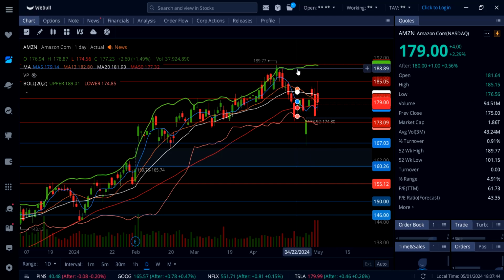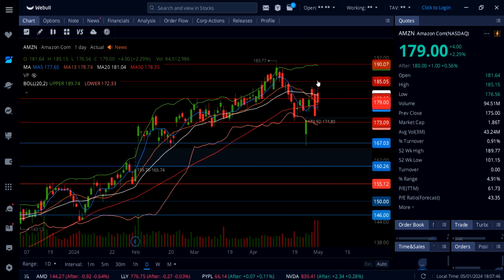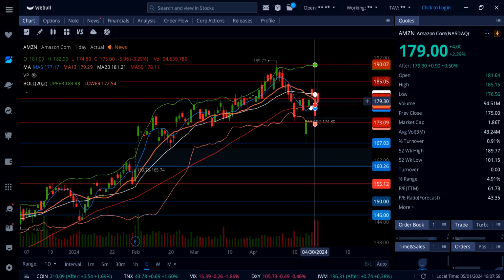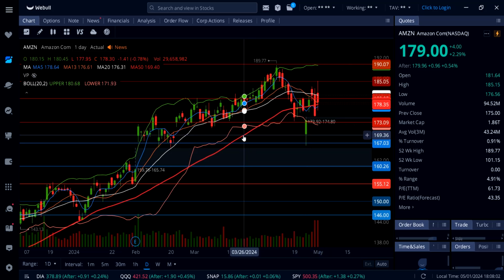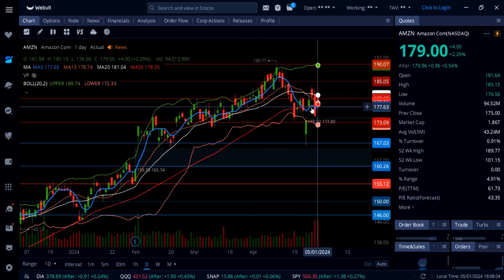And this thing got up to 185, and you can see huge rejection, came back down to 179. So immediately I caught a $6 move to the downside, and so far that position is also in the green right now. So going into tomorrow's session, watch out. Now below 180, definitely there will be support right here at 178, and that is what Amazon is holding right now